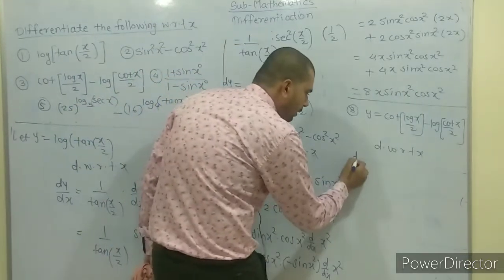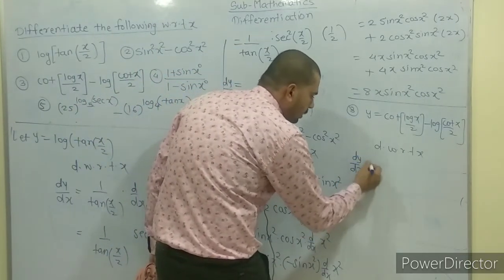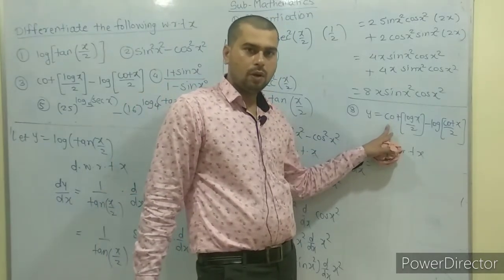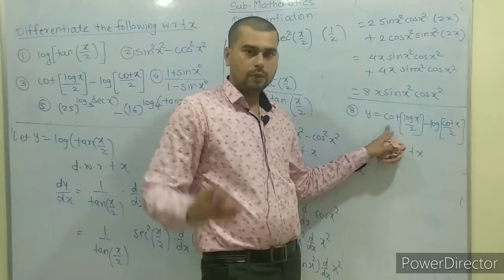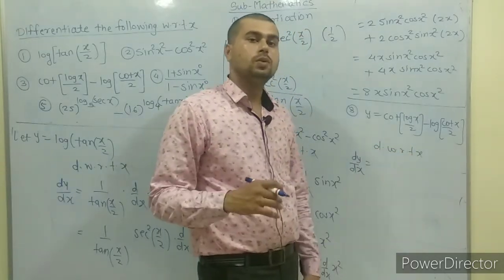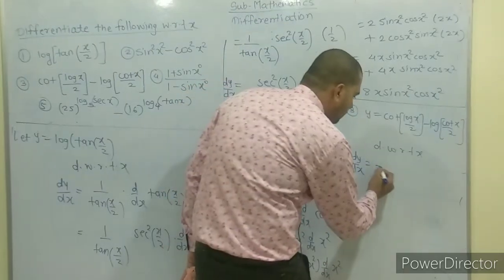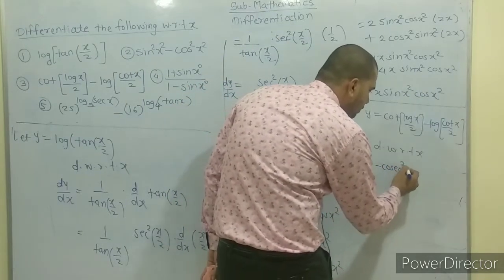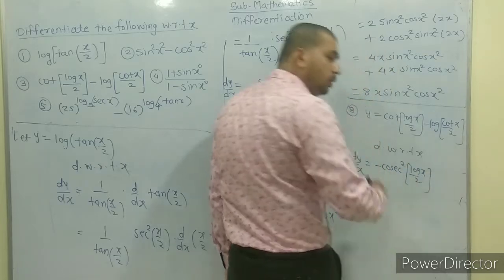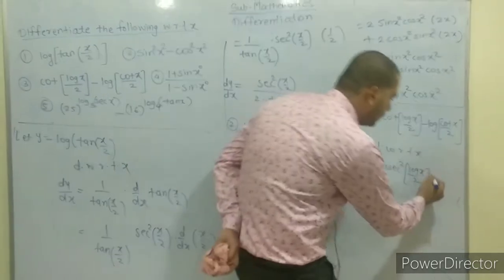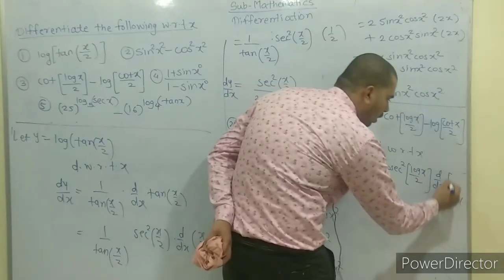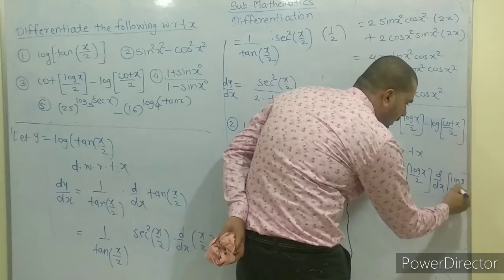Therefore dy by dx equal to, what is the formula of cot? Derivative of tan is sec square. Derivative of cot is minus cosec square. So here is minus cosec square log x upon 2, into again dy dx of log x upon 2